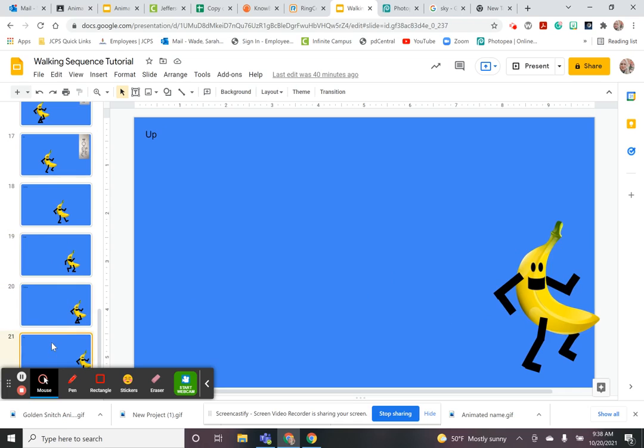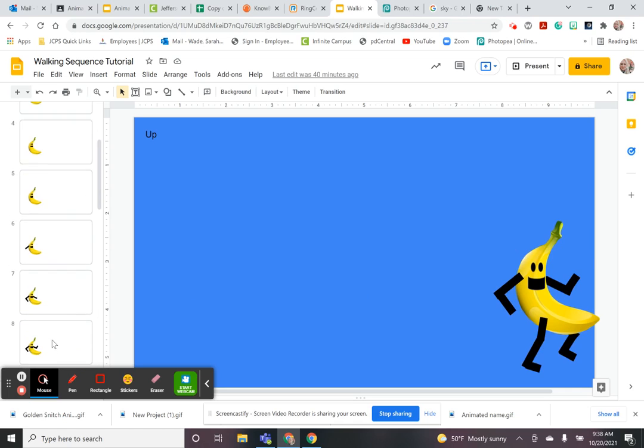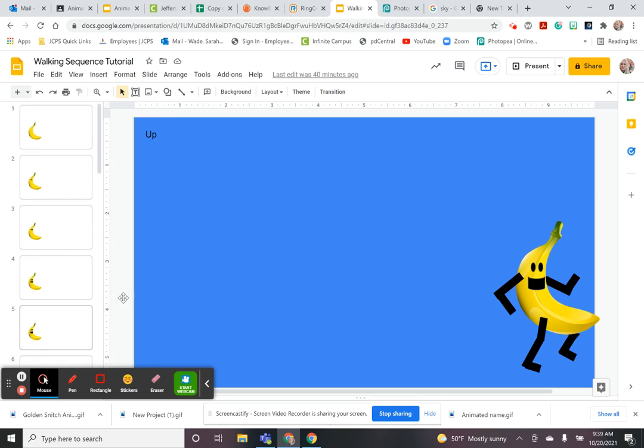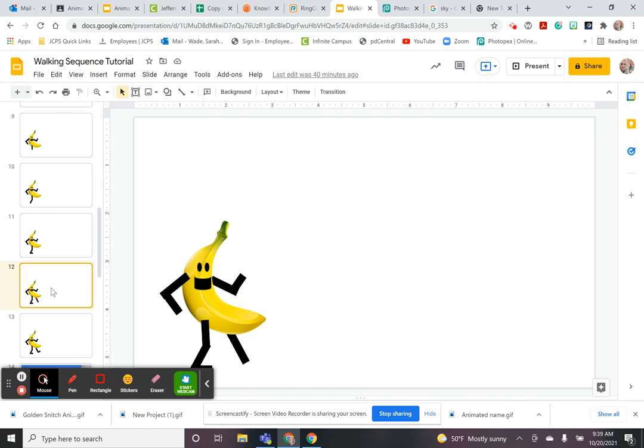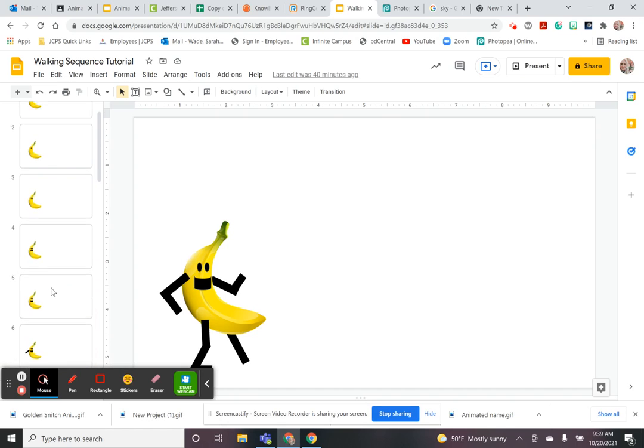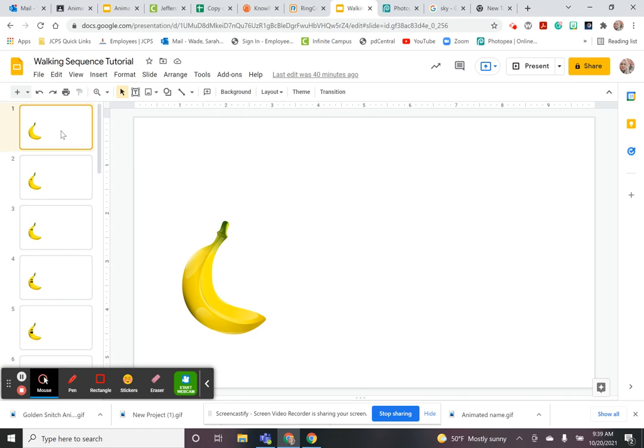Once you have a slide that shows each of your walking cycles and you have repeated them so your character is moving all the way across the screen, you want to add some slides of your character coming to life at the beginning to start your animation. So what I've done is I've taken my character that was completely finished, I copied him, and I added him to a slide at the very top of my document, and I got rid of all of his facial features